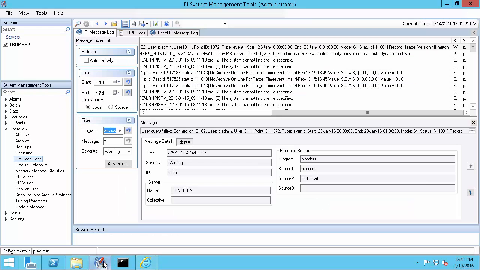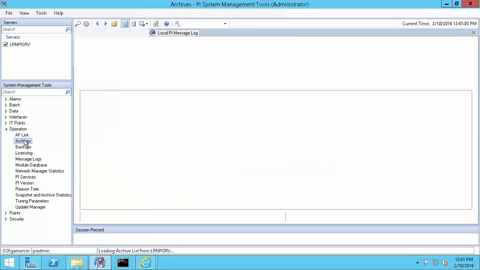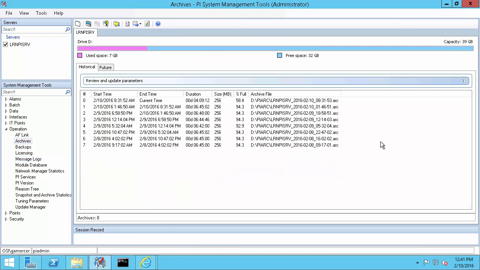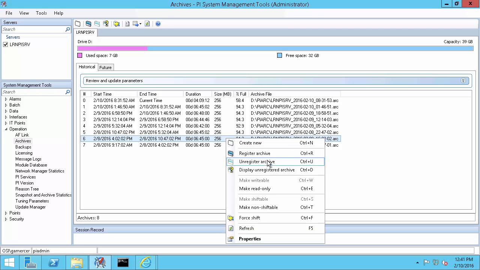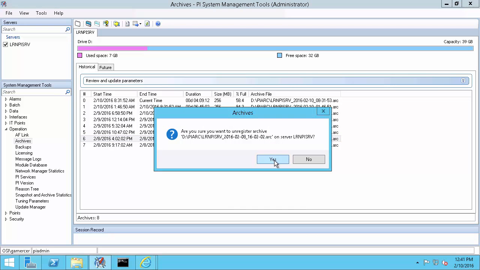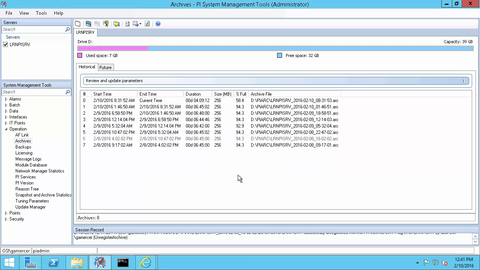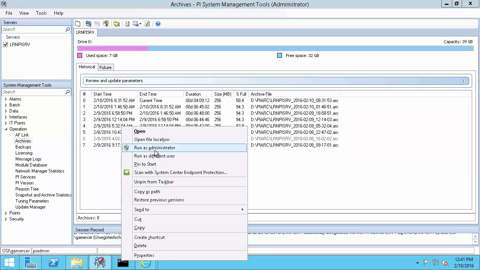If we do suspect an archive of being corrupt, we can analyze it for errors by running a diagnostic tool from the command prompt. Let's say that writing to this archive, we get one of the errors from KB 2367. To check for corruption, we first have to unregister it, keeping in mind that this will create an archive gap. And now we can open a command prompt as administrator